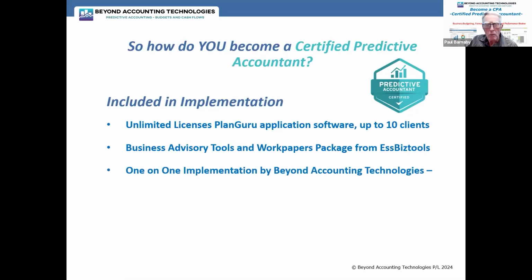Then you'll get one-on-one implementation by Beyond Accounting Technologies, usually myself, where I will train you through not only the software and how to use it, but how it fits into that delivery of that fiscal management, that predictive accounting whole package that we've been talking about. Well, I'll help you with that.